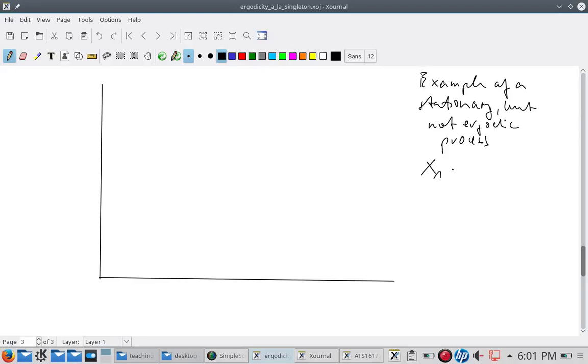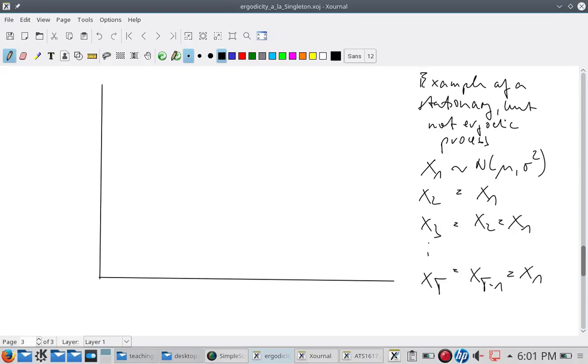X1 is a draw from, say, a normal distribution with some mean mu and some variance sigma, and then X2 is X1, X3 is X2, which is the same as X1, and so forth, and X_T would then be the same as X_{T-1}, and this would still be the same as X1. Now this is a nice stationary process, right? Its distribution doesn't change over time. This thing is perfectly correlated, right? The random variables are perfectly correlated,